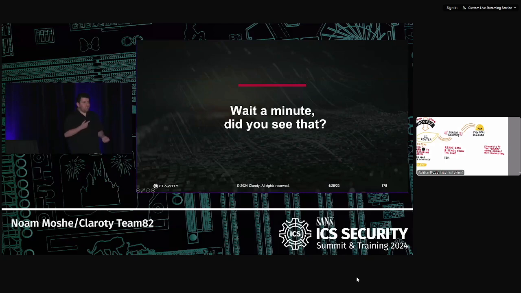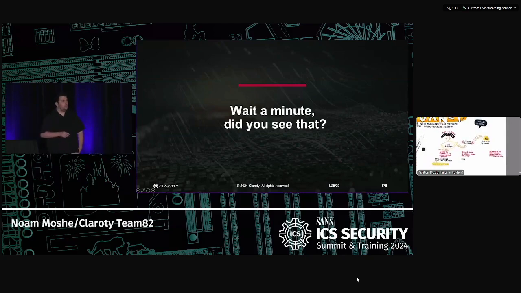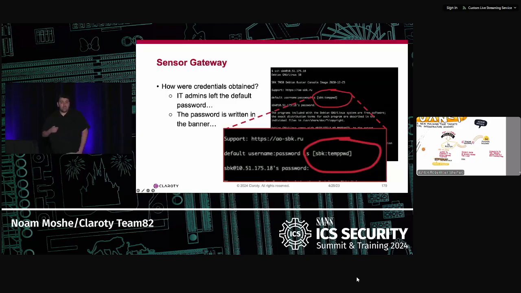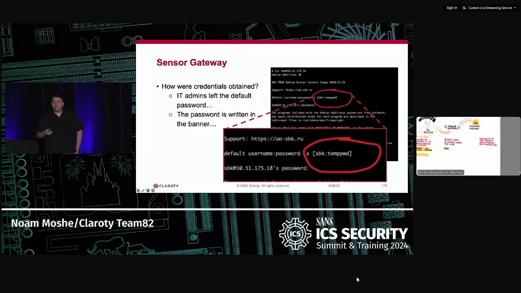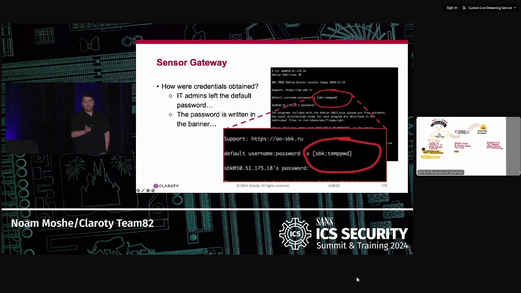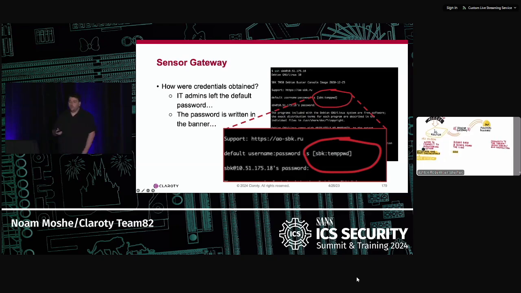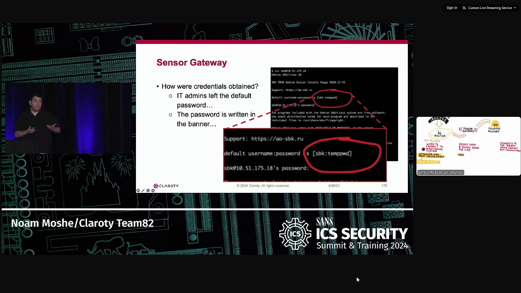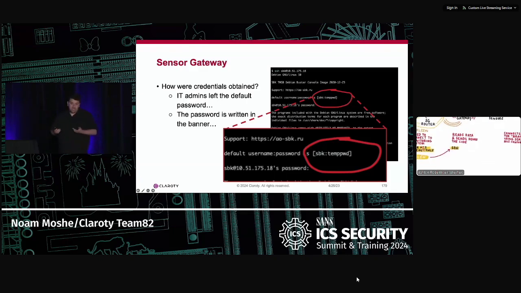So our question was, how did they do that? But wait, did anyone see that? I saw a lot of interesting stuff in a lot of pen testing and vulnerability research that I've done over the years. However, this is a first. You see, the IT admins actually left the default password enabled, and you are simply able to use it. However, not only that, not only did they leave the default password, they actually wrote it in the SSH banner. Meaning, if you were able to SSH into the device, you were presented with the credentials telling you, hey, if you want to use it, use these credentials. That's a very interesting way of doing password management.